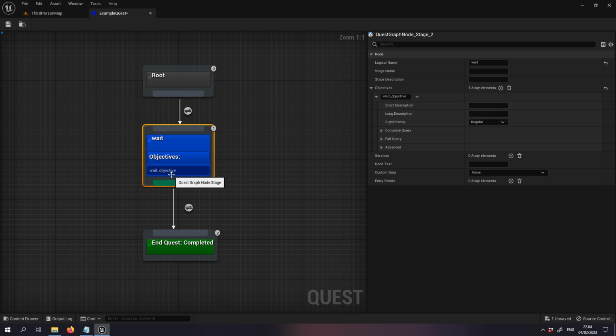So each objective has a short description. This short description could be used to show what the objective is about, like collect seven pieces of wood scrap or something like that. So let's just type here wait,